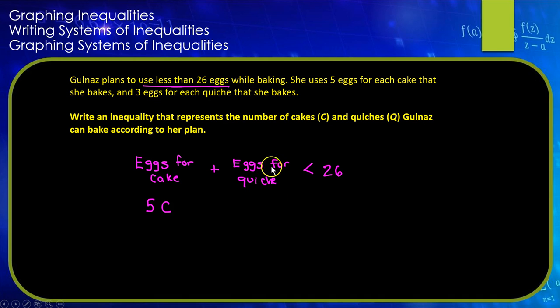The eggs for quiche, likewise, is going to be 3 for each quiche, so 3 times Q is going to give me the number of eggs she's using to make her quiche. And of course, if I add those together, I want that total to be less than 26. So that is the inequality that you come up with for this. It doesn't work any different when you're dealing with systems of inequalities, because usually you're just given multiple conditions and you have to make sure you separate them correctly. Now, initially, you're going to be told how to separate them, but sometimes when you're asked to apply them, you have to kind of know what you're looking for and what's going to kind of constrain or dictate your limits to certain problems. So